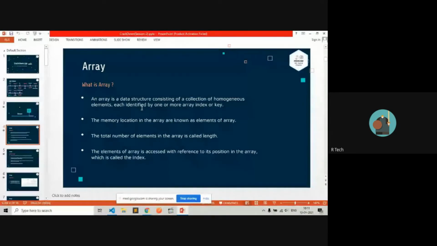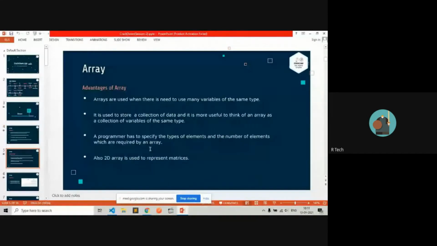A memory location in an array is known as an element. The value in the array is identified by a memory address or index. The total number of elements in an array is called its length. You must specify it with the declaration of the array.